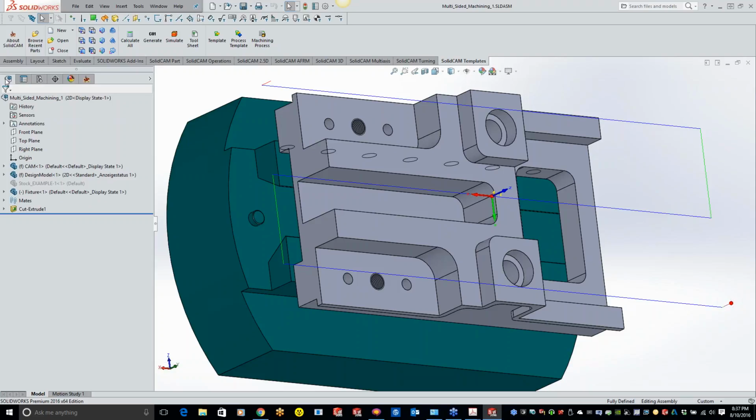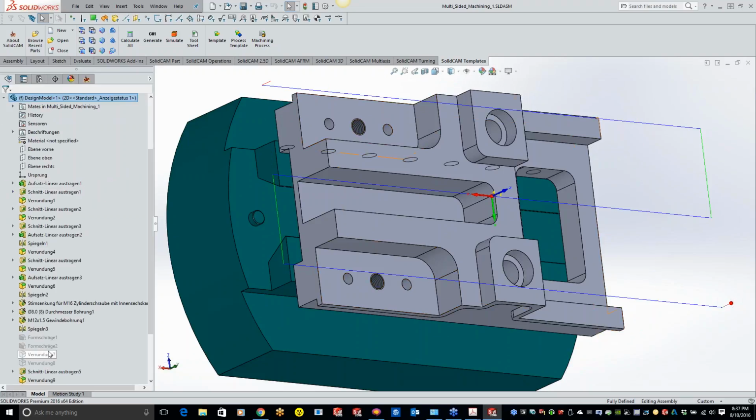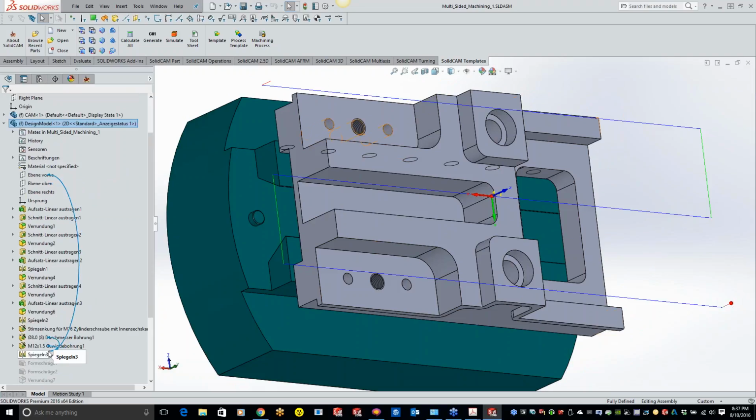Geometry? Okay. Yes. So when saving, the CAM part was connected by placing models the same model without any changes, is it?